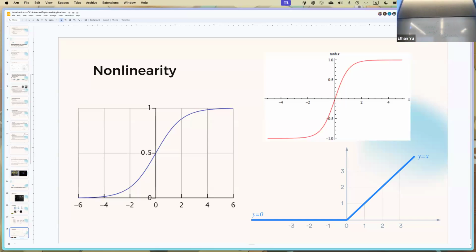Tanh is basically the same thing as sigmoid, except it goes from -1 to 1. And then here is one of the most popular ones in the recent rise of neural nets, since probably 2012-ish. It's called ReLU, rectified linear unit. It's called that because it's 0 here, and then it rectifies. When it's negative, rectification brings it up to 0, and then here it's just linear. It's literally just y equals